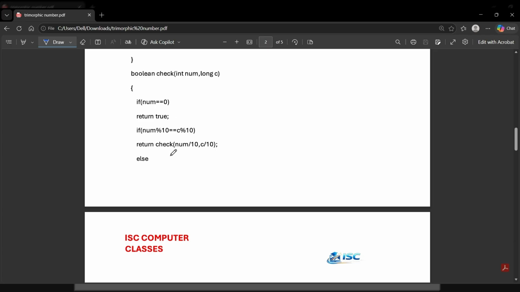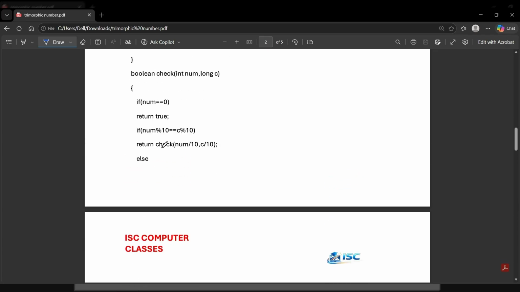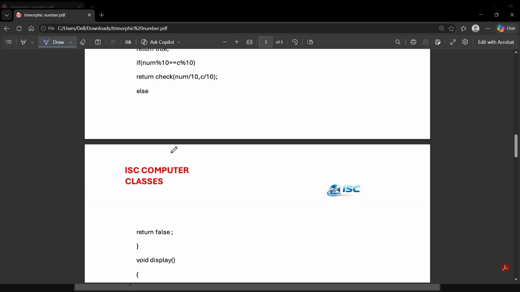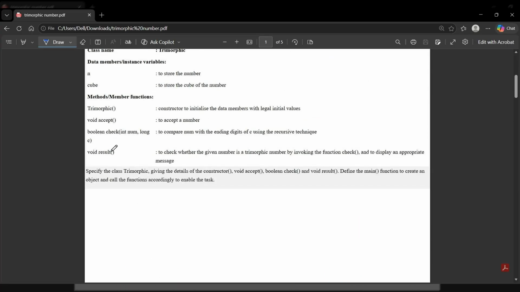ठीक है, फिर ये ऊपर जाएगा, फिर ये इसमें पास होगा, फिर ये मॉड लो तो इन दोनों के इक्वल आ जाएगा। अब यहाँ पे अगर ये इसके इक्वल नहीं होता है तो हम फॉल्स रिटर्न कर दें, पर यहाँ पे तो इसके इक्वल हो ही जाएगा। ठीक है, अब जब ये हो गया तो अपने आप ही ये ब्रेक हो जाएगा। अब यहाँ पे वॉइड डिस्प्ले, डिस्प्ले मेथड में हम क्या करेंगे,